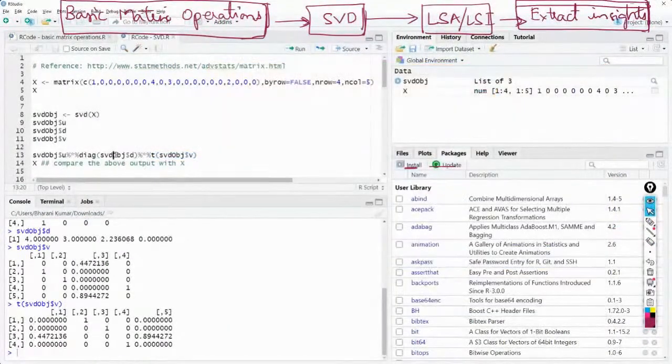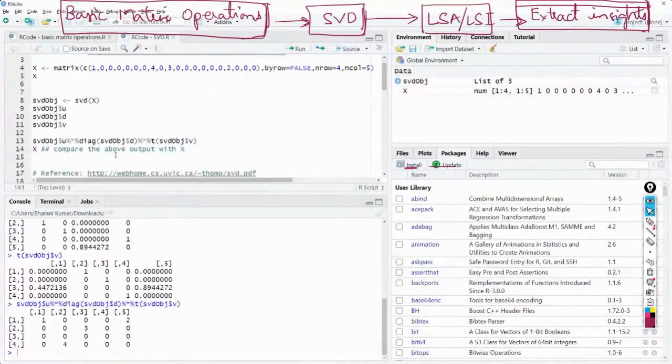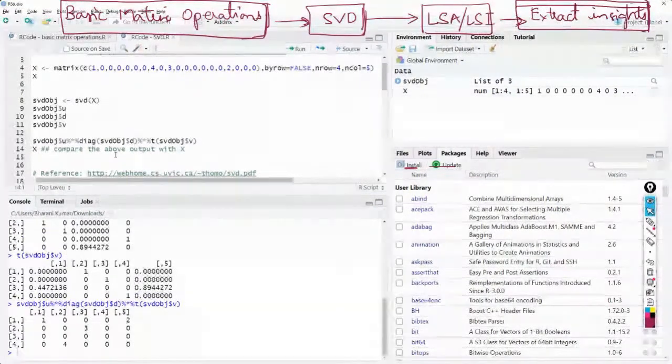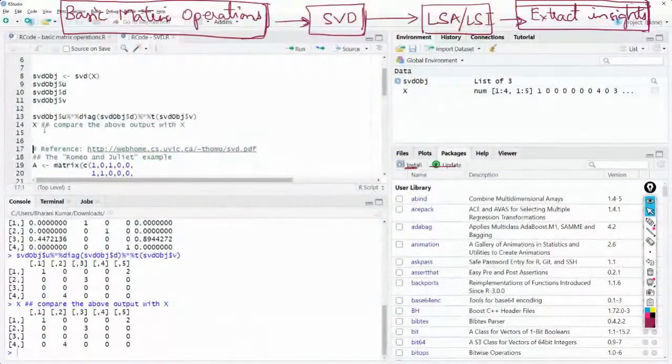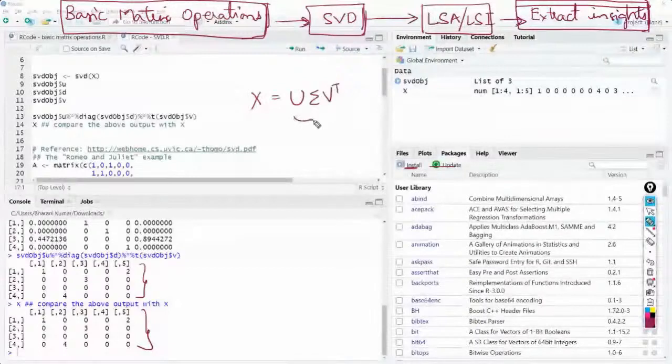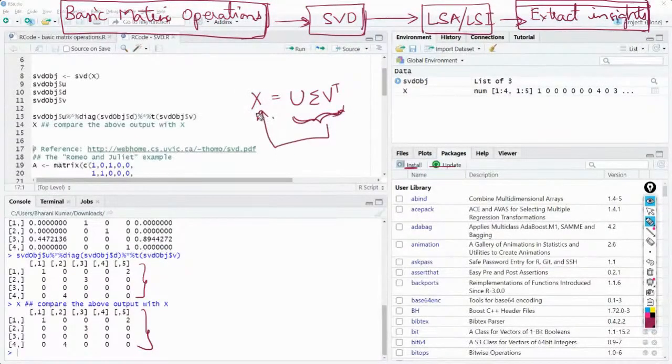We are going to multiply these and compare with X, the original matrix. 1, 1, 0, 0. Wow, it's the same thing. So when you multiply U sigma V transpose, you reconstruct your original matrix.